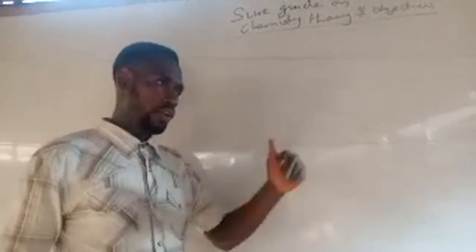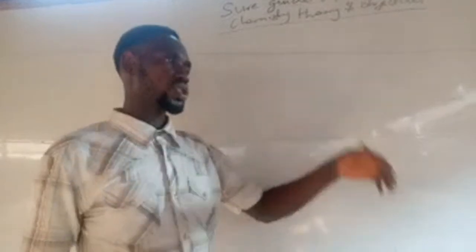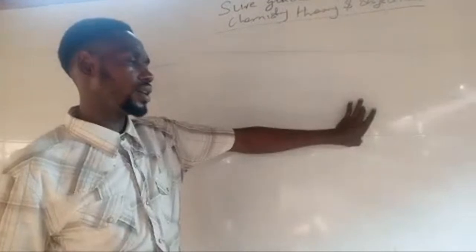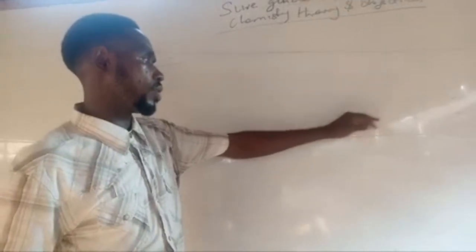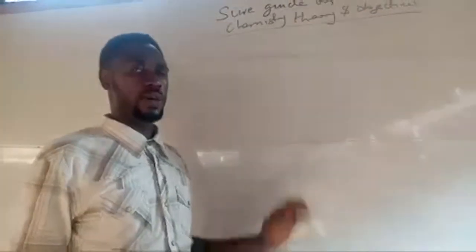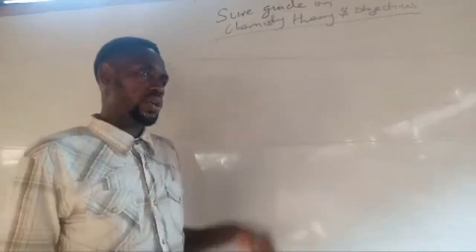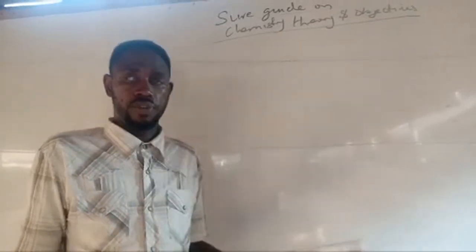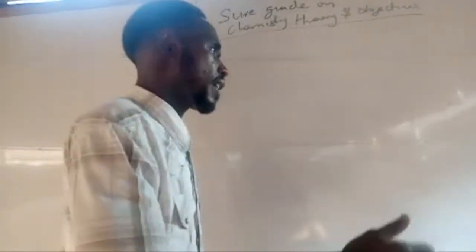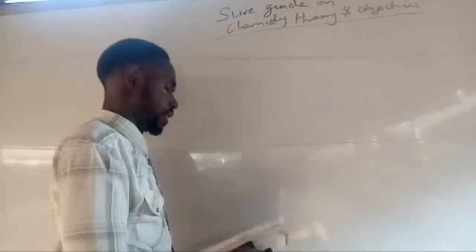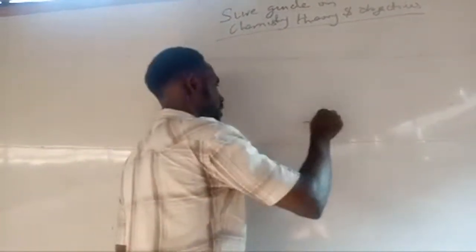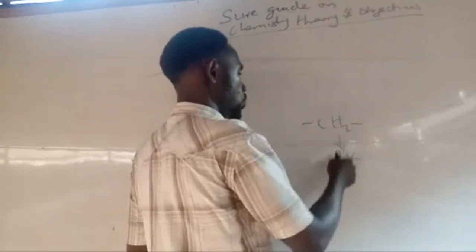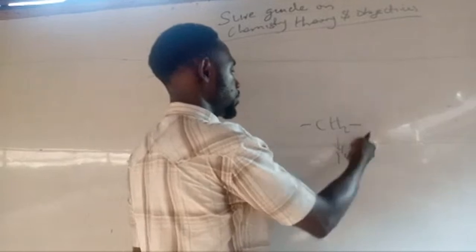They follow a regular structural pattern in which each successive member, that's a member after the other member, number 2 and number 3, number 3 and number 4, number 4, number 5, varies in its molecular mass by 14, or molecular weight by 14, or in its molecular formula by a methylene group, CH2. They either vary with this or vary with 14, because converted to mass, carbon is 12 plus 2, 14.